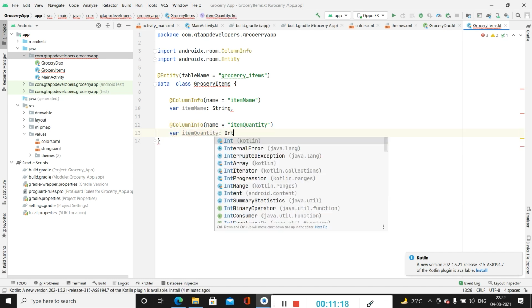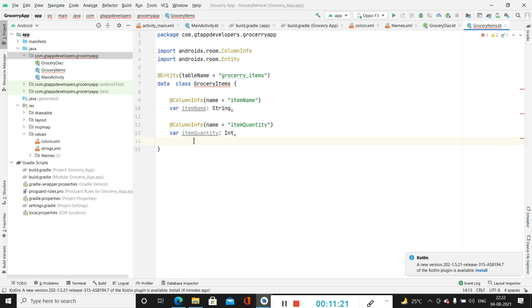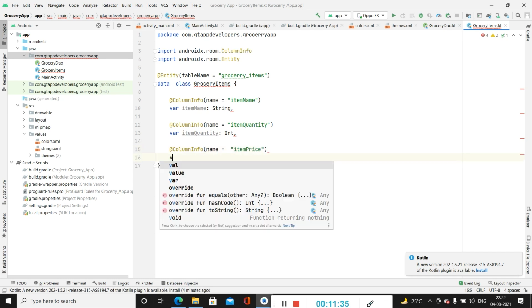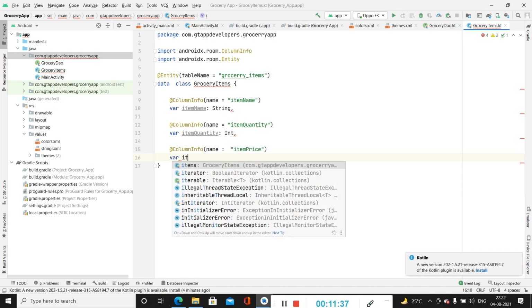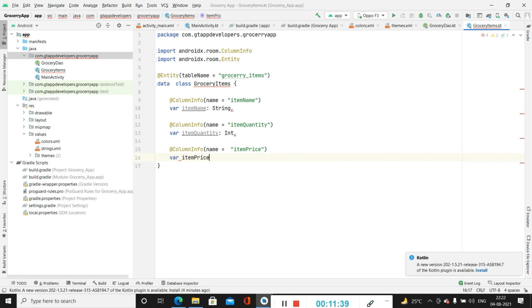This will be our integer. Then the next one will be our item price. This will also be our integer.